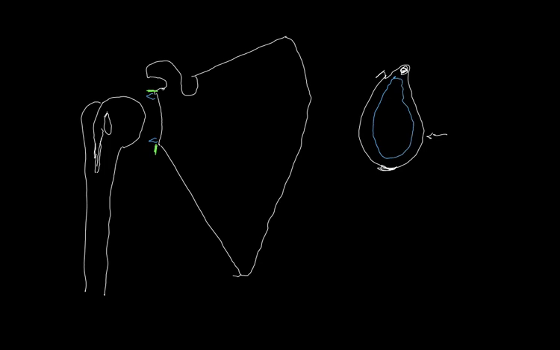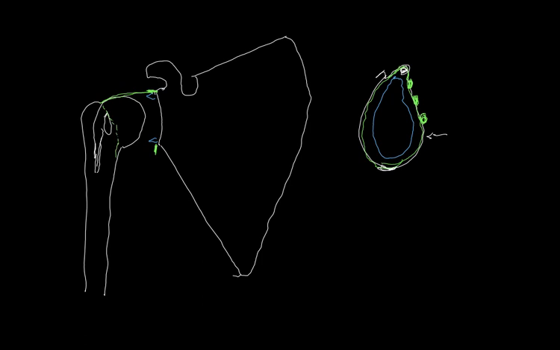and the capsule is attached to it. It includes the biceps origin but excludes the triceps origin. The capsule is strengthened anteriorly by the superior, the middle and the inferior glenohumeral ligaments. So if we make this capsule here, this capsule comes from here and gets attached to the anatomical neck of the humerus,